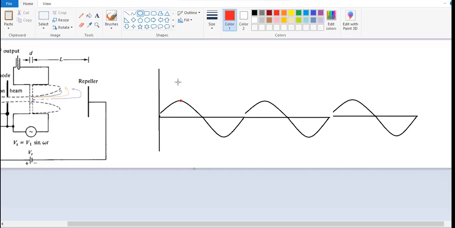Then second, this is the reference electron. So at this position, I'll take this electron. This position is the reference electron, and the third position is the negative. Okay. So whatever I have shown here is the electron, and how they will travel, with more velocity. So this is the positive of the cycle, negative of the cycle, again positive and negative of the cycle.